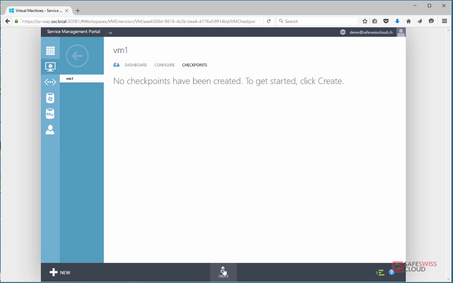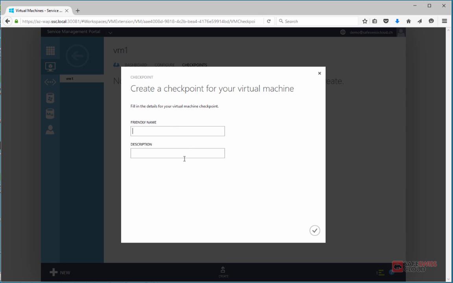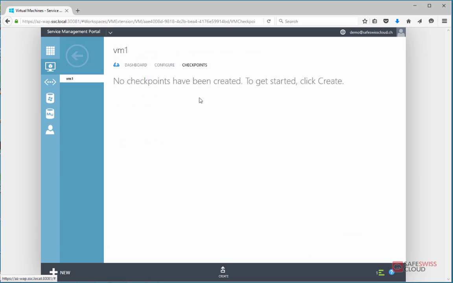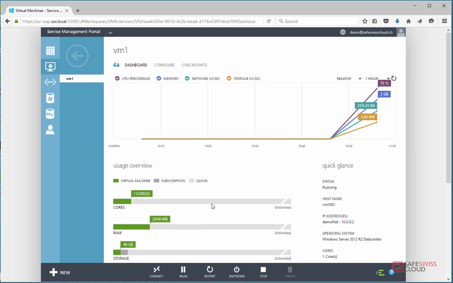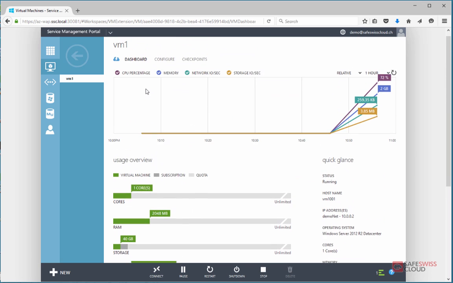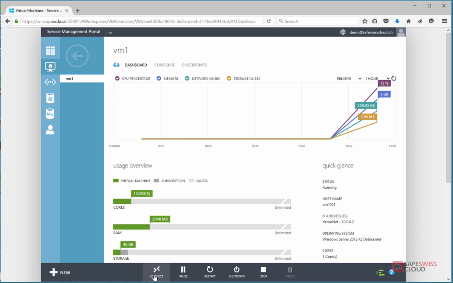We can create a checkpoint which is, you know, point in time, and we can revert back if we want to. Now, I'm not going to do this, but anyway, just for explanation purposes, on the dashboard page, we can connect to this VM if we configure static NAT, which I will show briefly. We can pause the VM, which doesn't make any sense, restart, shut down, or forcibly stop. If the VM is actually shut down or stopped, then you can also delete it. You can also attach it to a different network, but right now there is no option to actually,